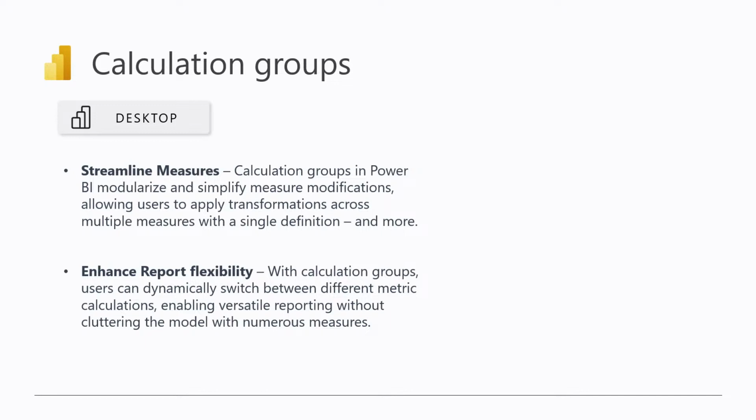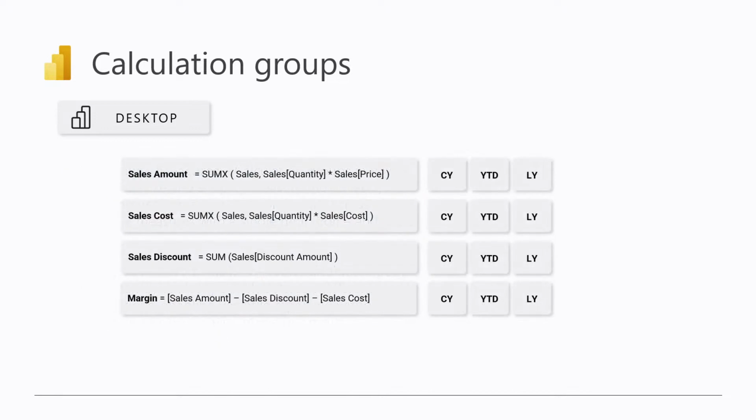Let's just make a quick introduction to calculation groups for anyone who doesn't know about them yet. So let's imagine that we have a bunch of measures in our data set. In this example, it would be something like sales amount, sales cost, sales discount, and margin. And once we have all those metrics, we probably are going to want to do some sort of time intelligence